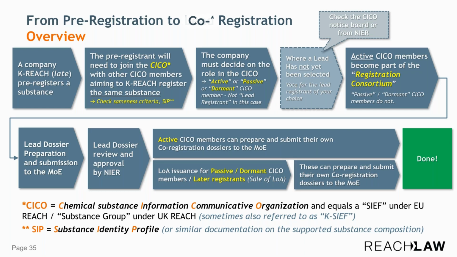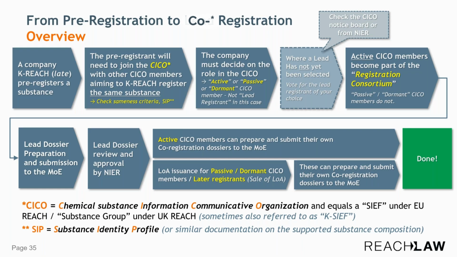Then the lead registrant, of course, prepares their dossier and submits it to the MOE. The NIR, the National Institute of Environment, checks the compliance of this, and once it's been approved, then the active members, as part of this registration consortium, can submit their co-registration dossiers to the ministry, and in parallel, the letter of access issuance starts for these passive dormant SICO members, or in case